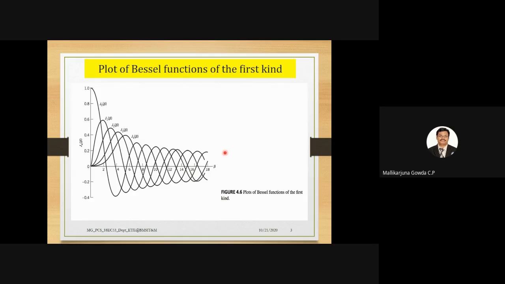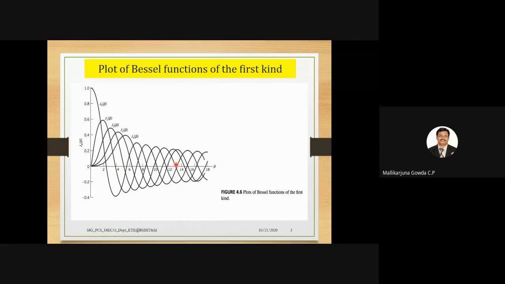So what I wanted to say is here you are able to see the plot of Jn of beta versus beta. For different values of n, this is J naught of beta, the curve will be like this, right? Then this is the curve of J1 of beta. Similarly, next is J2 of beta. Then this one is J3 of beta. Then this one is J4 of beta. Fine. I think you people can have a note of this.